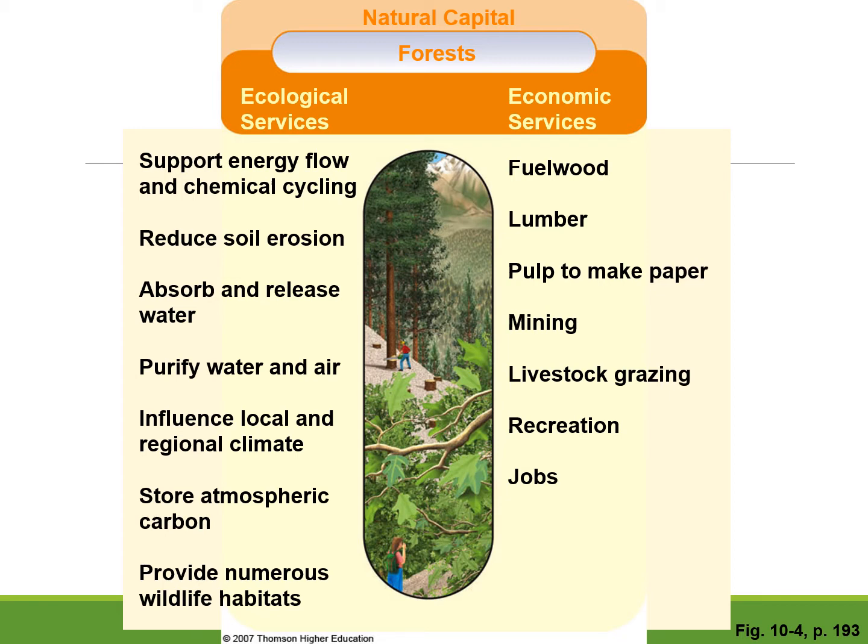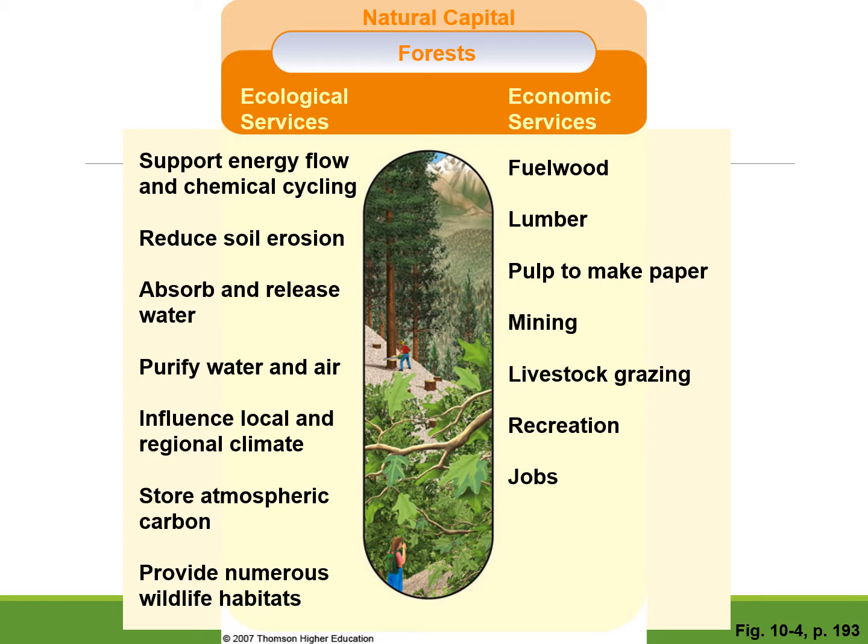They definitely can affect climate. They have a cooling effect, maybe a little humidity. Again, carbon dioxide is taken in from the atmosphere, and through photosynthesis it's stored in glucose, and then they use glucose to make cellulose and the tree trunk and the wood and all the parts of the tree, and that actually stores that carbon for long periods of time until the tree dies. It's a good thing because carbon dioxide in the atmosphere traps heat and can lead to climate change or climate warming. So it's a good thing.